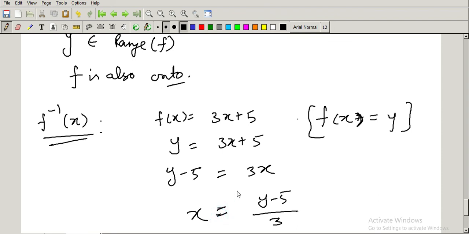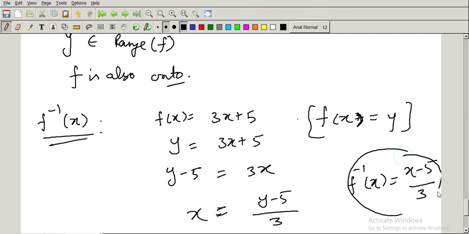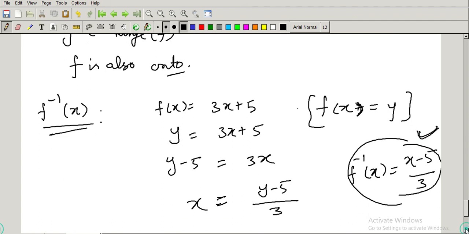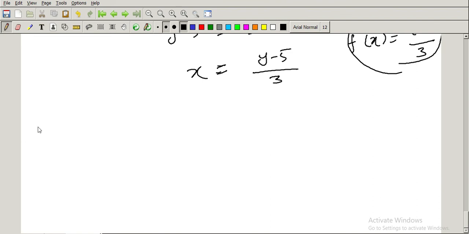ऑन टू में भी हमने क्या किया था, इनवर्स ही तो निकालना था. तो ये हो जाएगा आपके लिए f इनवर्स x विल बी योर (x माइनस 5) बाई 3. So this is the inverse of this function. So again it's very easy, right? Now the next question is your